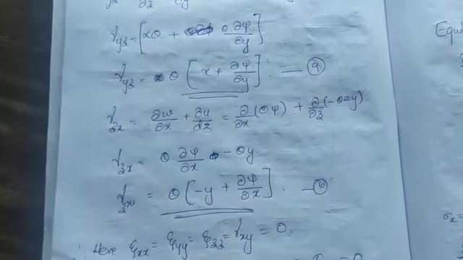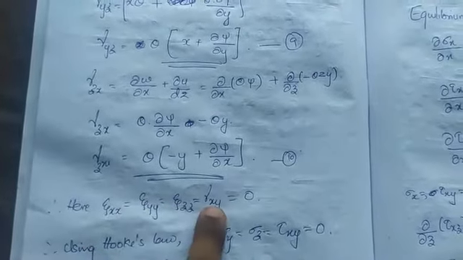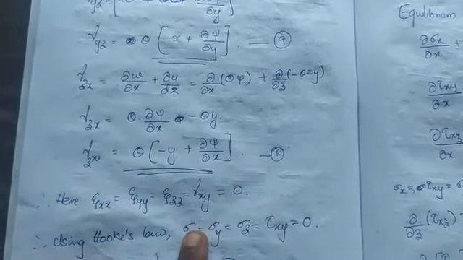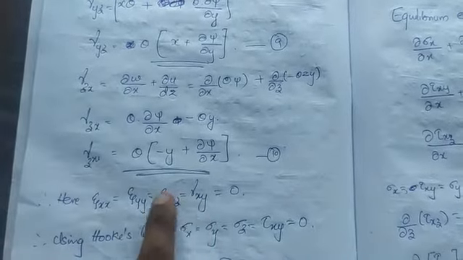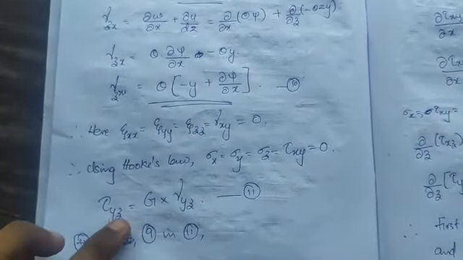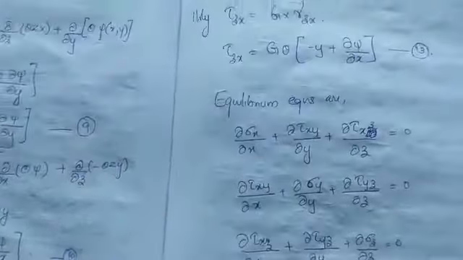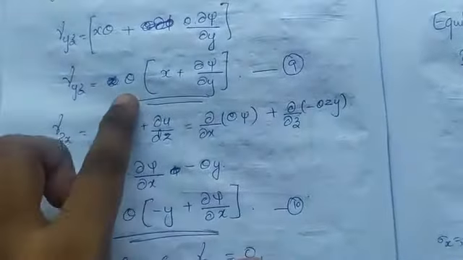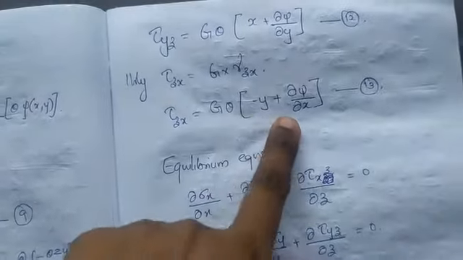Okay. Now from here we got that strains in x, y, z and xy directions are 0. So using Hooke's law we can conclude that sigma x, sigma y, sigma z and tau xy will also be 0. Now tau yz by gamma yz is G, right? So tau yz is equal to G into gamma yz. Applying this, gamma yz you already found, substitute here and you will get this equation. Tau zx also you will get this equation.